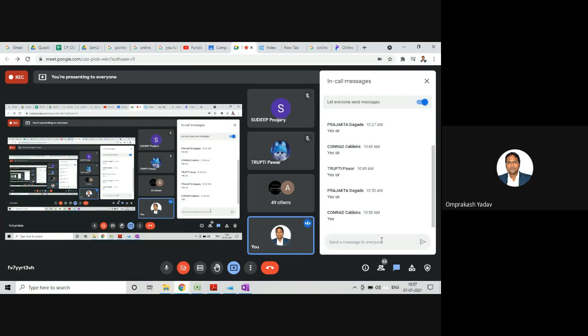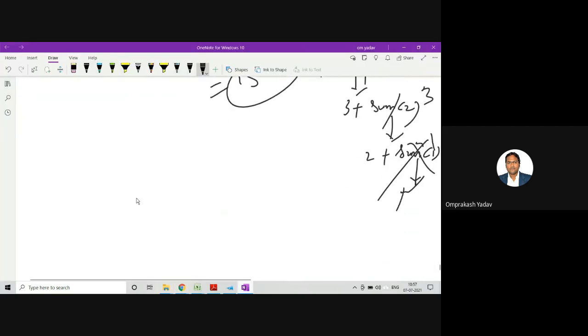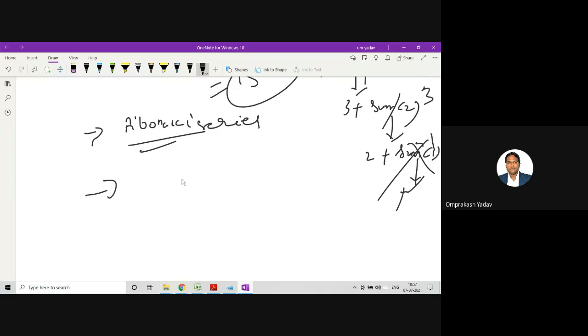So there are 2-3 more problems which are important in this recursive function call. You can study. I'll send you the video also. Okay, I'll make the video and send it to you. One is the Fibonacci series using this. Then you can have second one as x raised to y, or a raised to n program using this recursive function call.